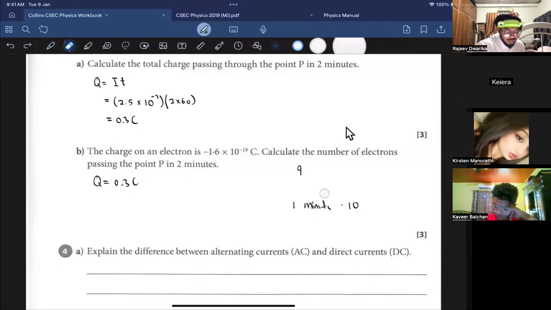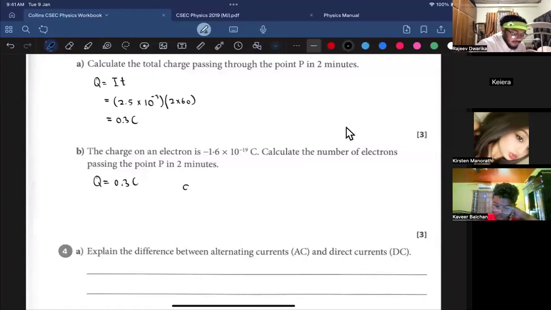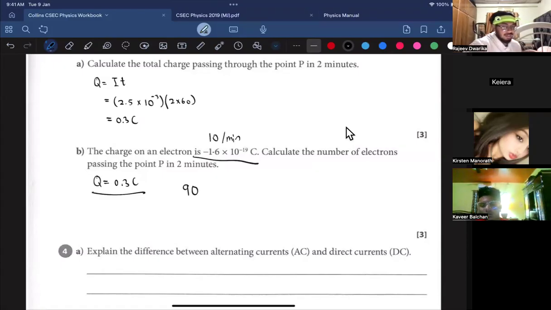Kira, again, check it out. Let me show you a similar example. If you get $90, and I tell you, you just get paid $10 a minute, how many minutes do you have to work? 9 minutes. Okay, so if 0.3 coulombs build up, and one electron is that, how are you going to figure out